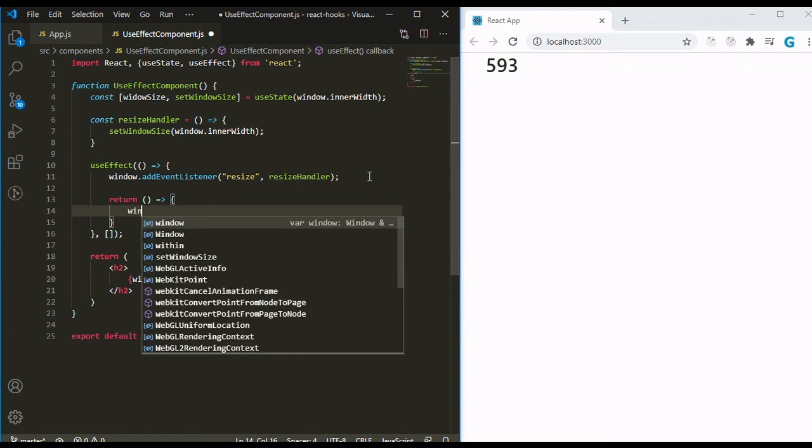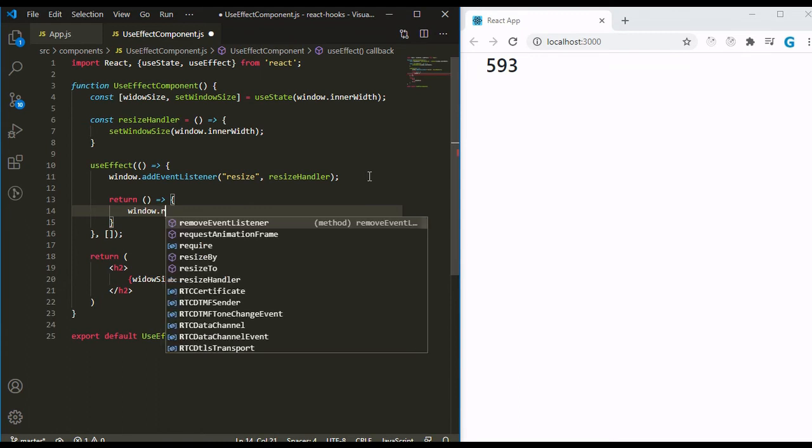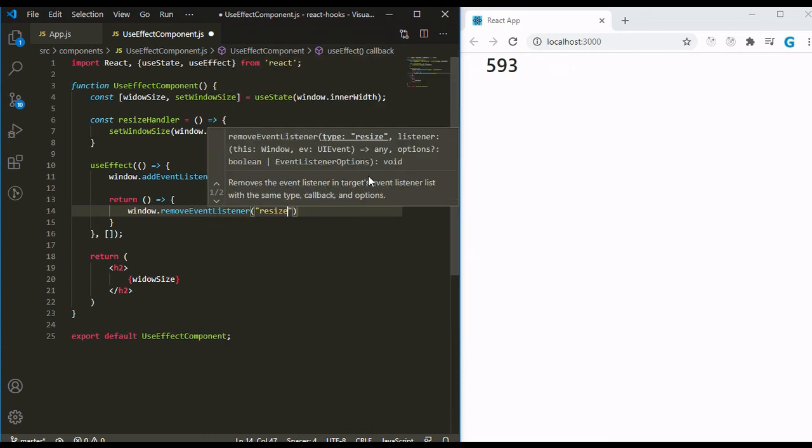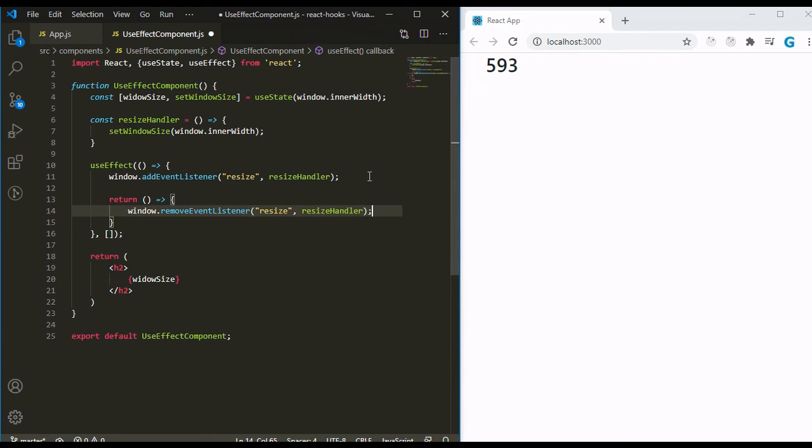So window.removeEventListener and just pass the event name and callback function, resizeHandler. So here you can see it's very simple and very easy to unsubscribe the events.